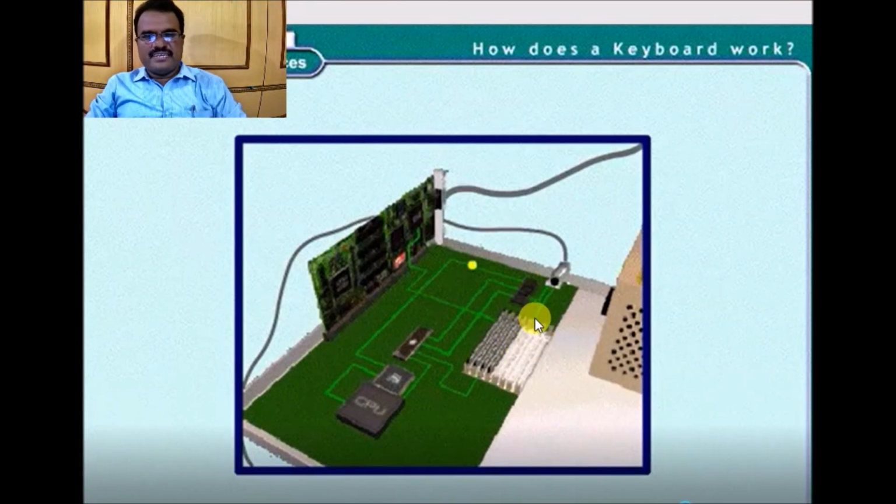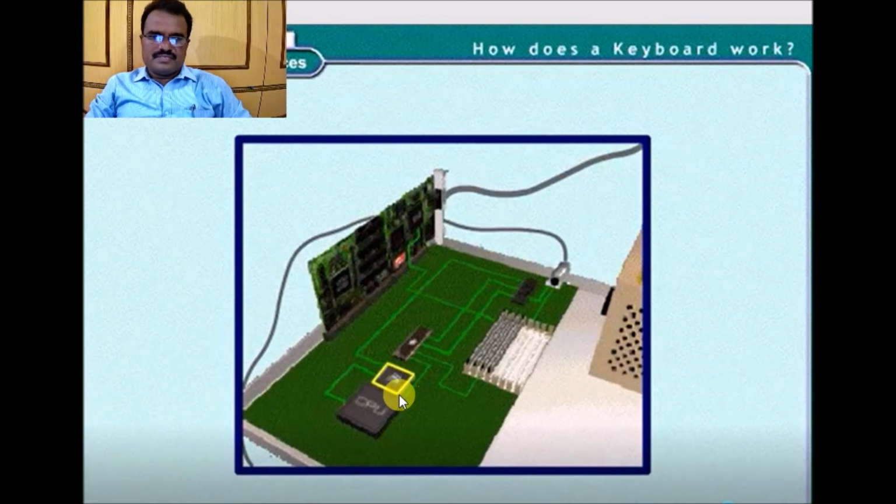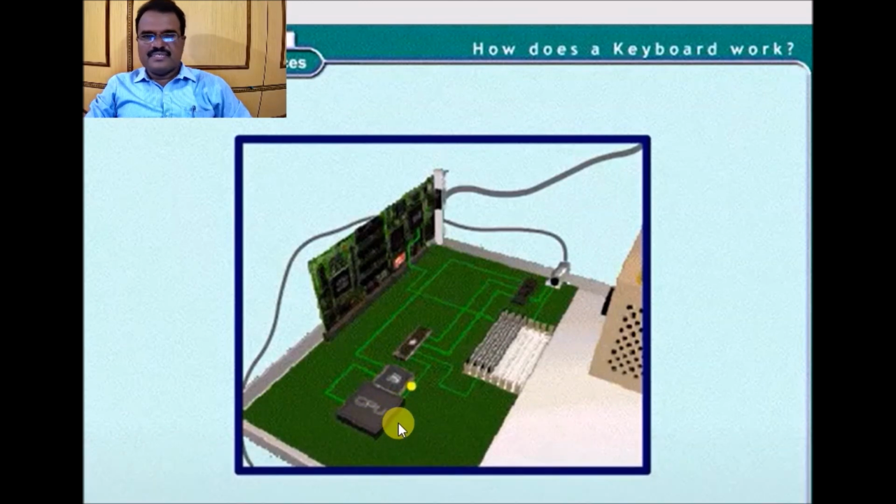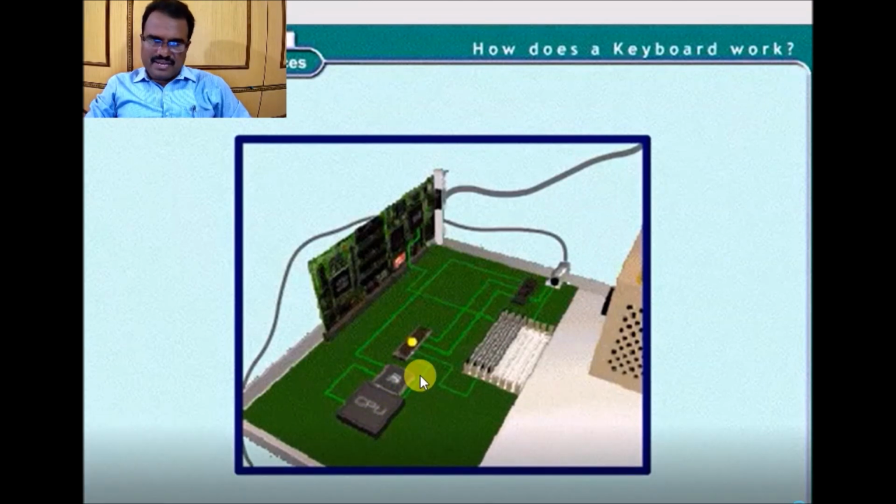After recognizing it, the information goes to the CPU through the internal circuitry on the motherboard, and the CPU recognizes which key is pressed and sends the signal back to the RAM again.